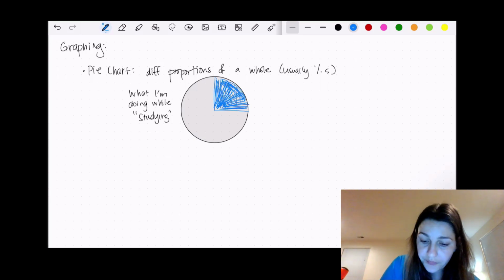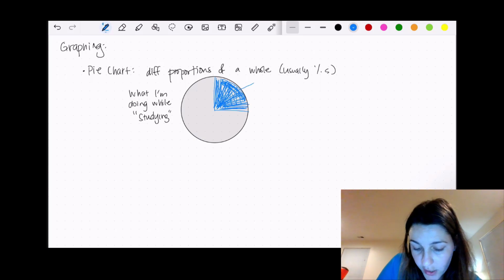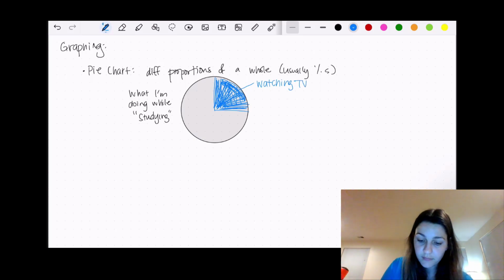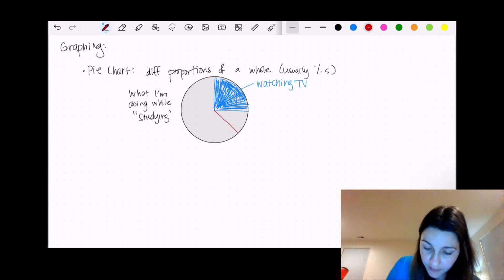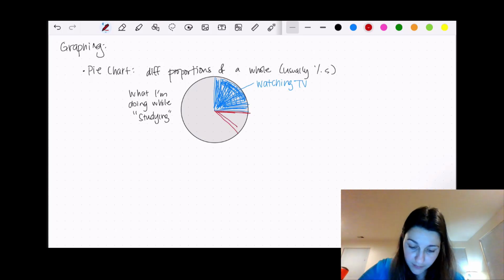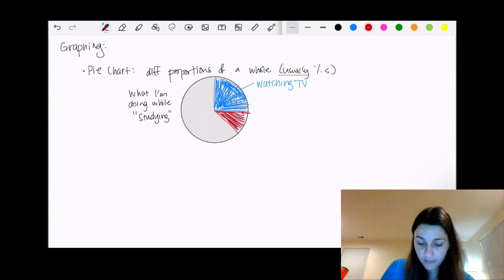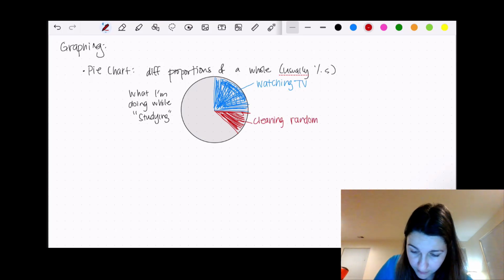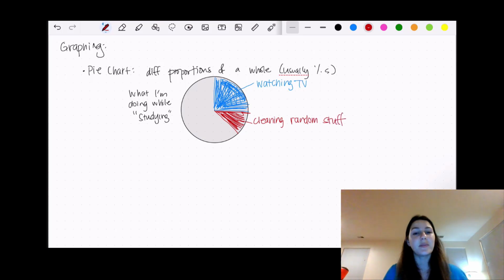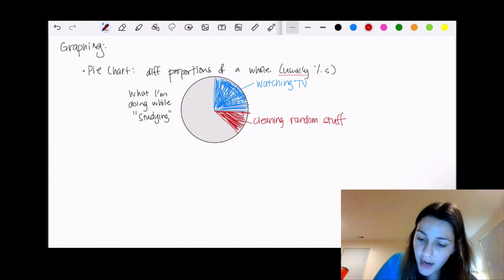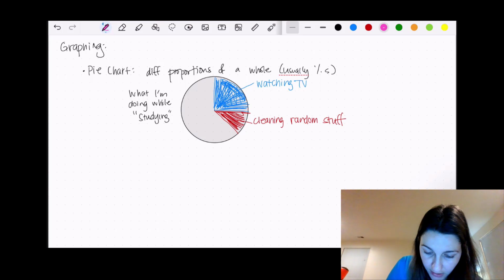I spend a quarter of my time, I don't know, watching TV. Maybe I'll spend another little bit of my time cleaning random stuff. I always think about the dirty things in my house when I have to actually do studying. So cleaning random stuff, that's good. Maybe I'll use pink. I spend another good amount of time